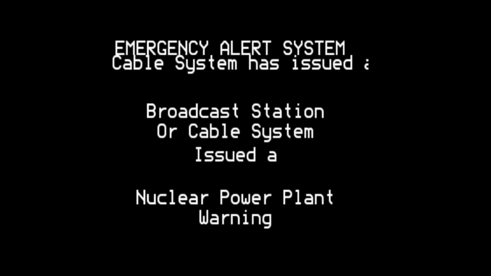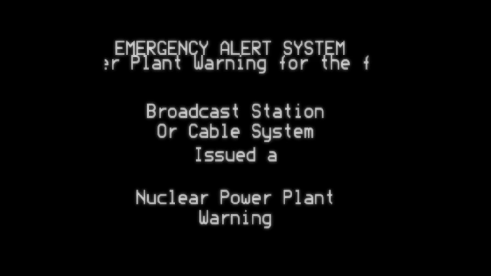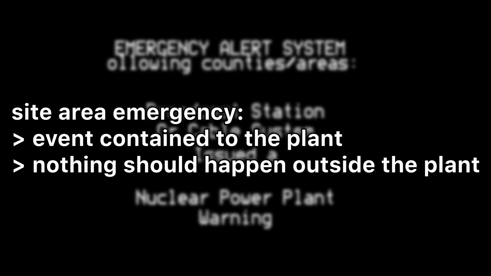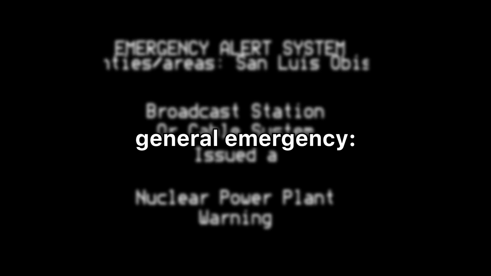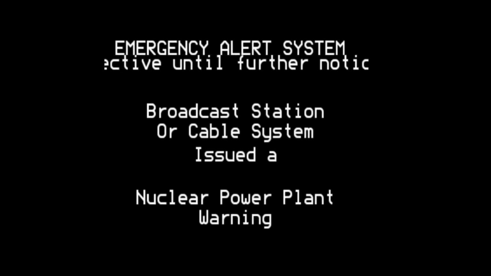Radiation. A nuclear power plant warning is issued when either a site area emergency or a general emergency occurs at a nuclear power plant. A site area emergency means that the event is contained to the plant, where nothing should happen off-site, while a general emergency is when an event is expected to have an effect on places within 10 miles from the plant. Now, thankfully, no power plant meltdowns have occurred that caused the alert to be issued for real,